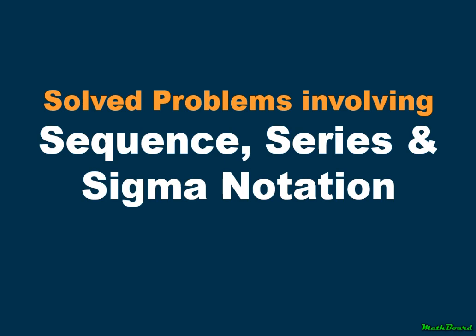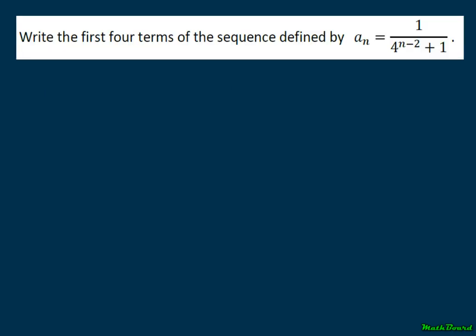In this video, we're gonna solve problems involving sequence, series, and sigma notation. Let's have the first one. Write the first four terms of the sequence defined by a sub n equals 1 over 4 raised to n minus 2 plus 1. So this means that the first four terms can be found by replacing n by 1,